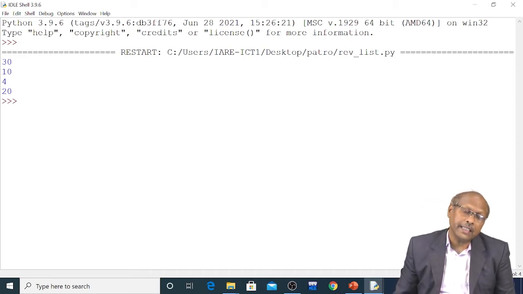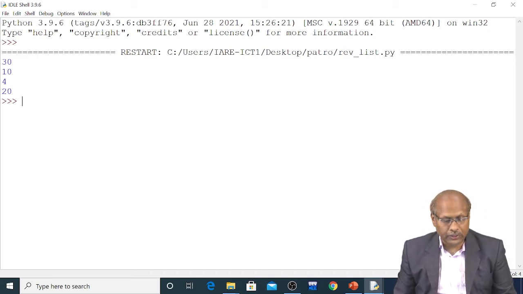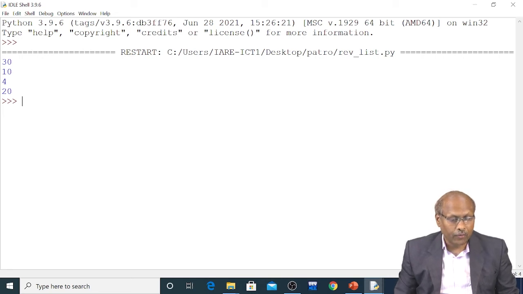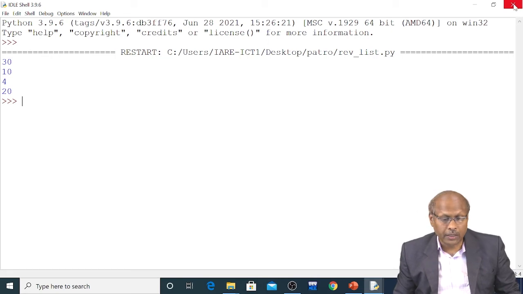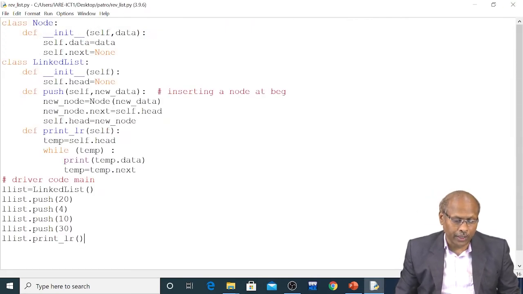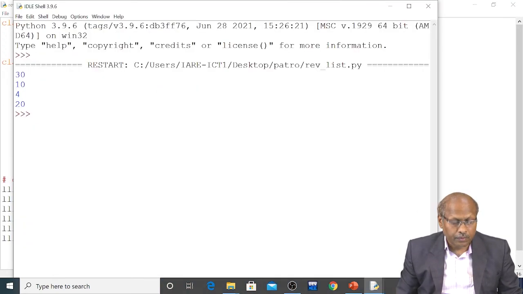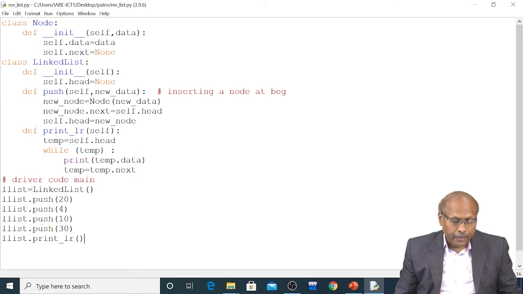For reversing, I should write a separate process. Now I should go back. Close this one so that we go back to the original window. So 30, 10, 4 and 20. The latest data, 30, is in the front.